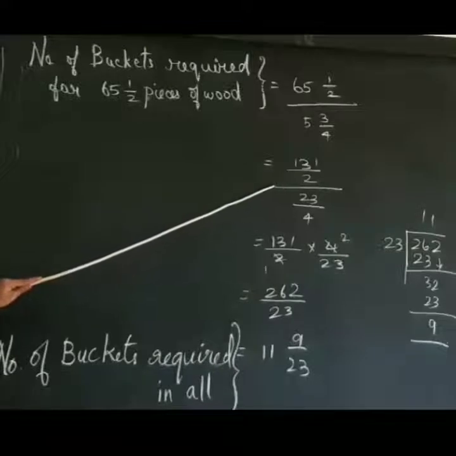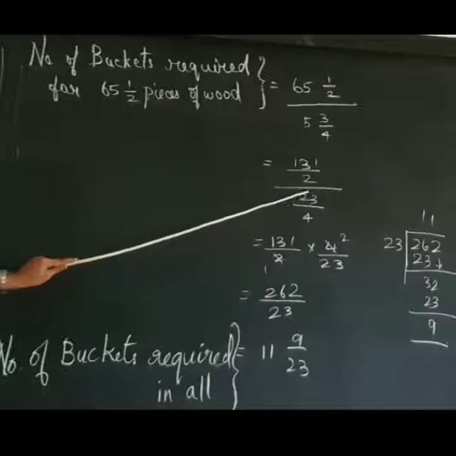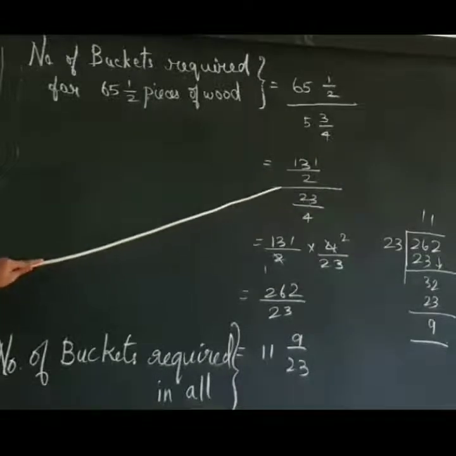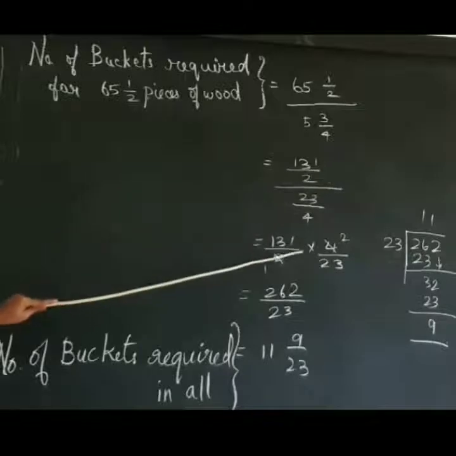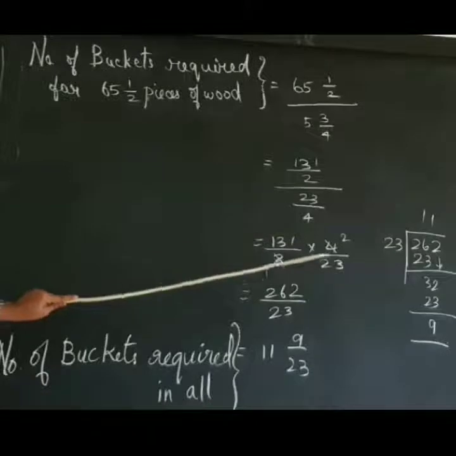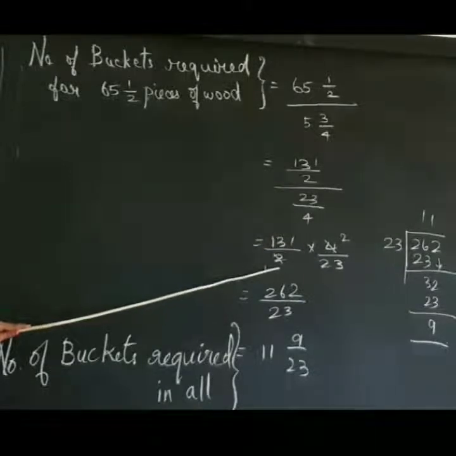So you converted this mixed fraction into improper. Again, what you have to do: this divide is converted into multiplication, and you have to take the reciprocal of the denominator. This is the procedure. So instead of divide you put multiplication. Then the reciprocal of 23 by 4 is 4 by 23. The numerator part you put as it is.